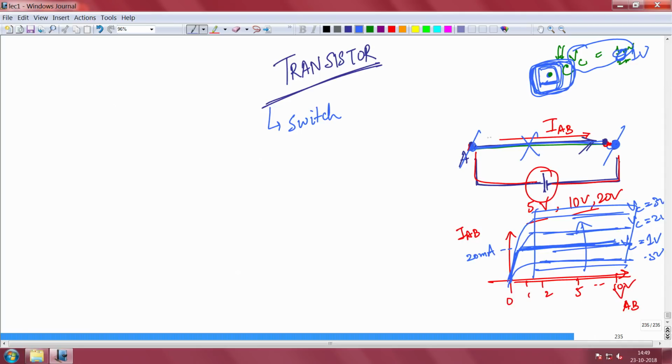Either it can allow the current to flow between A and B, or it can not allow the current to flow between A and B, just by controlling the knob at C. So, it can be a switch, you can block the voltage, you can let the current flow, it is up to you. So, this kind of switches are used in many applications, especially say power electronics.